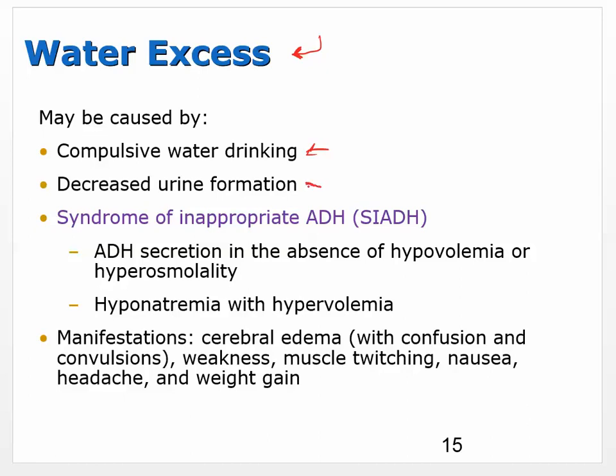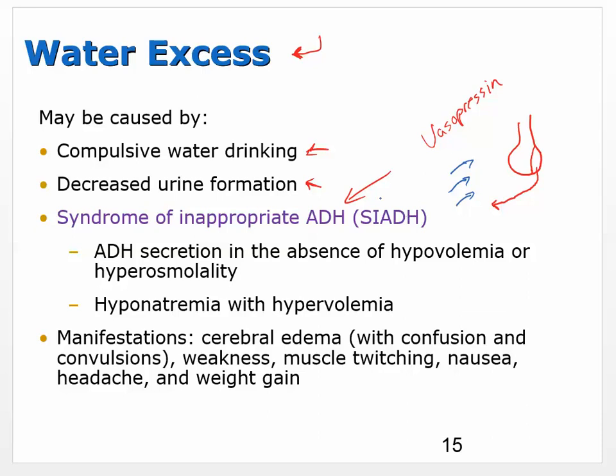Decreased urine formation, so this could be a kidney problem. And there's something called syndrome of inappropriate ADH. Now, we've already talked about what ADH is. It has the other name vasopressin. And we know that when vasopressin, or ADH, is released, we'll say ADH here because we're talking about it as a diuretic, it causes increased sodium or water reabsorption. So we have more water in the body. Okay. Well,